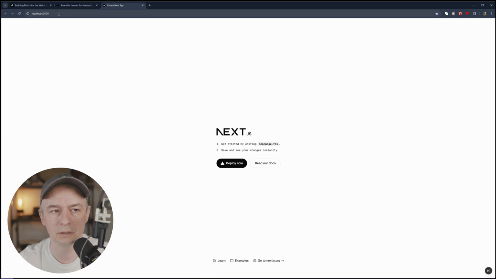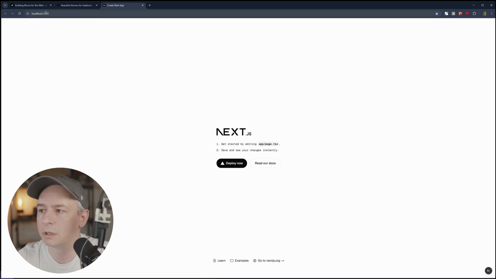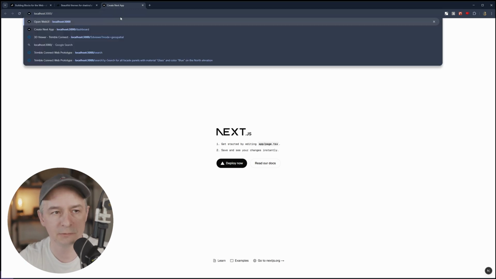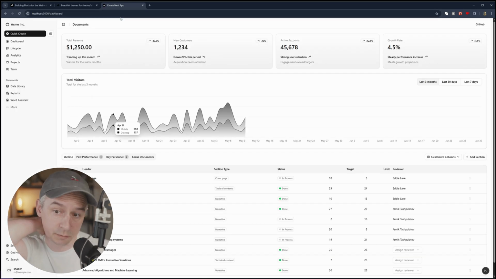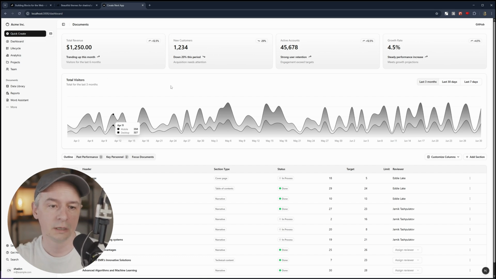So if you see here at the top, let me see if I can actually make it bigger. Not really. Okay, that's fine. So it's running on localhost. So this is running locally now. Because the page, the dashboard, was in the app folder, and then there was a subfolder called dashboard, we have to type in dashboard. So if I type in dashboard, what you will see is this page that we just took from shadcn, the block, and it's now running locally on our machine, and we can do whatever we want